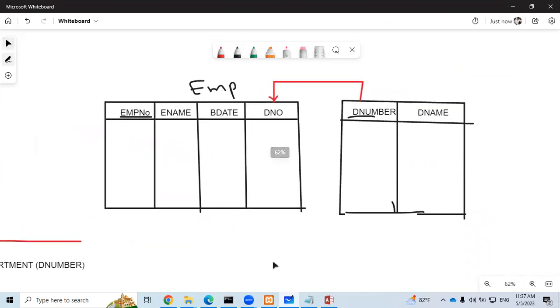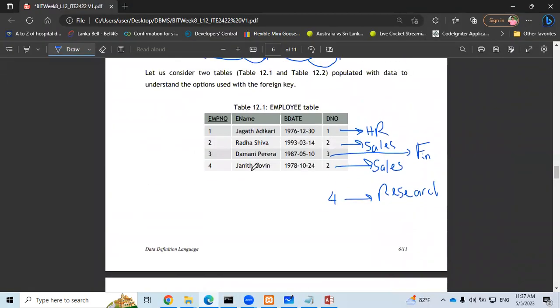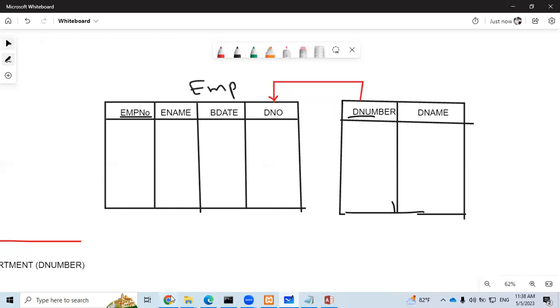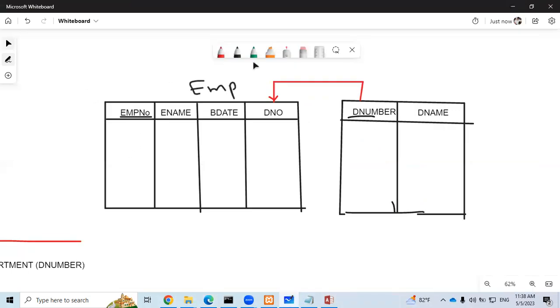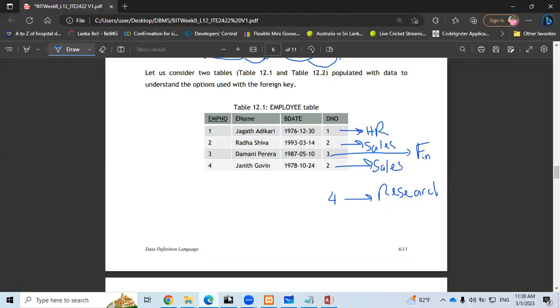Here, let's see. Same thing, I'm going to draw it here now. 1, 2, 3, 4. 1, 2, 2, 3, right? 1, 2, 3, 2. 1, 2, 3, 4. And here, 1, 2, 3, 2. 1, 2, 3, 4. So, yes,